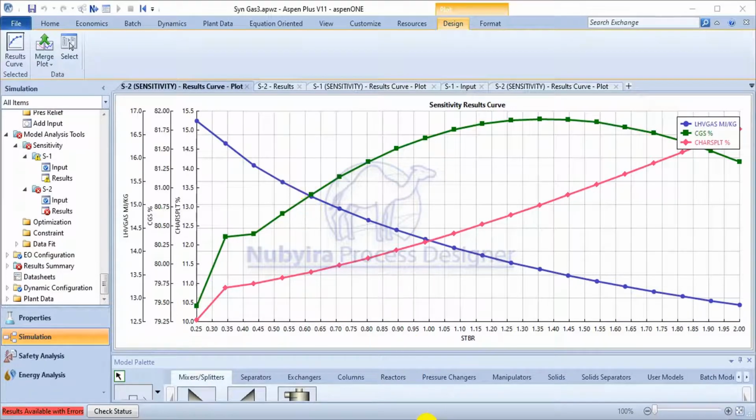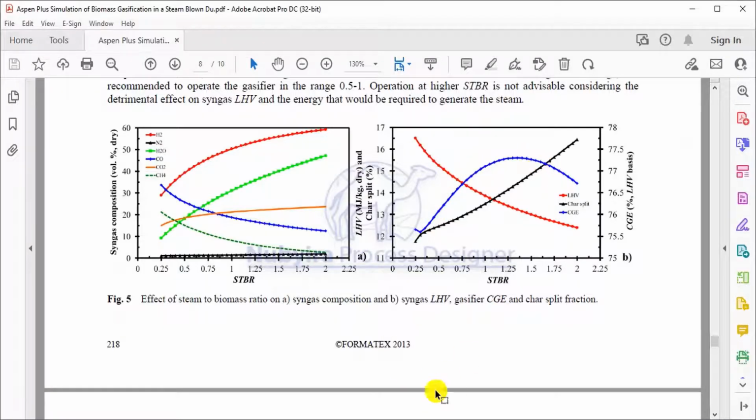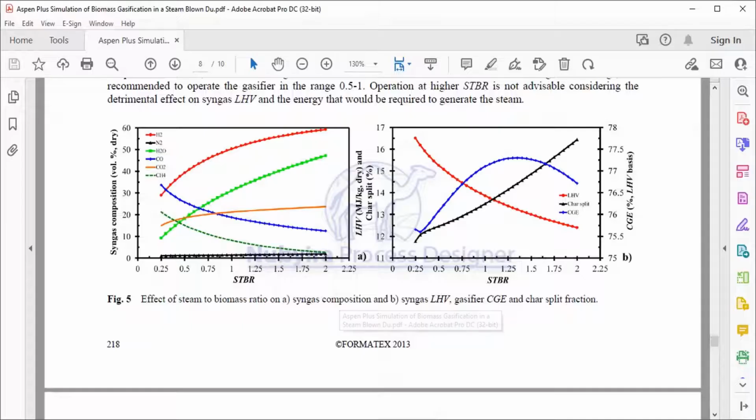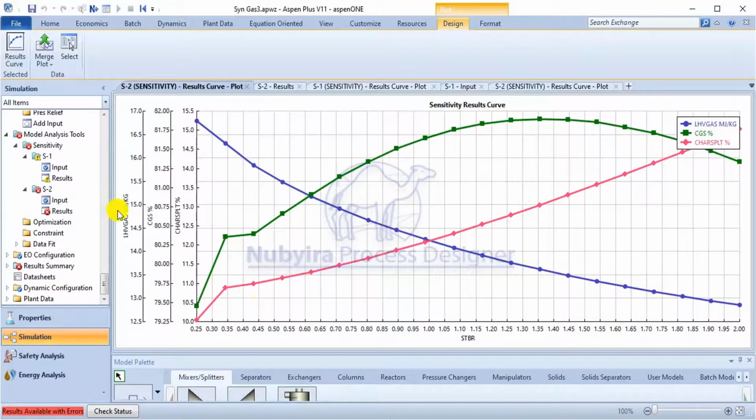It's not like the same thing, isn't it? We have the CGS second order, second order concave. Is it concave, or do you call this one convex? We have this one, LHV. These are the LHV here, also following the same pattern. So that's it. We now check the last thing, which is the